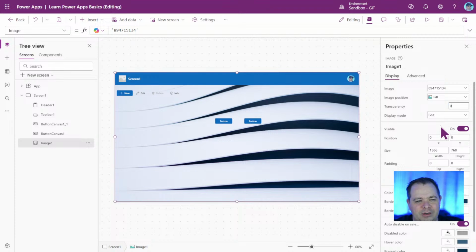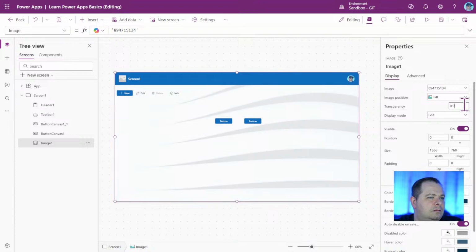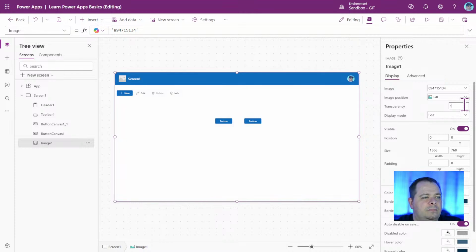Now, if I put 0.5, that's 50% opacity or transparent. Let's move that up to maybe 0.9. Okay, maybe you want something really faint. But if you put in a 1,